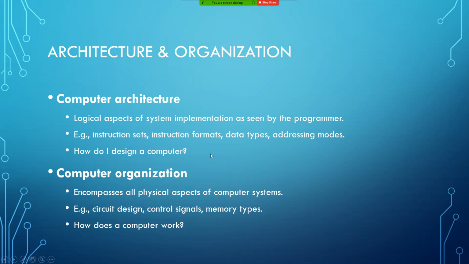Architecture means the logical perspective or logical view of any system. If you think in general about computer architecture, look at the third line: computer architecture means how do I design a computer? So it's all about designing, logical things. If you think about the architecture of the processor, you think about how the processor is designed theoretically or logically,